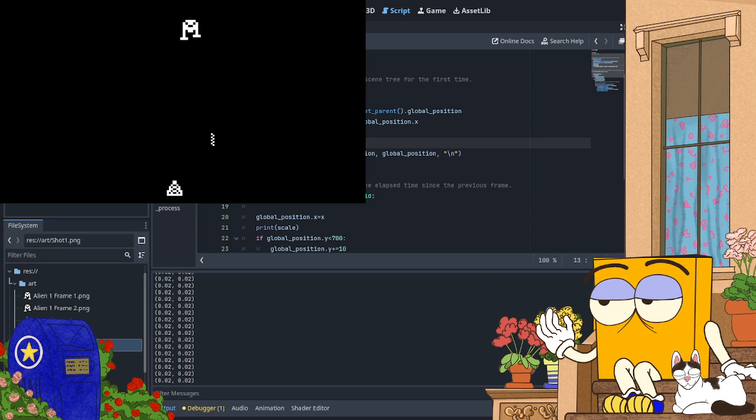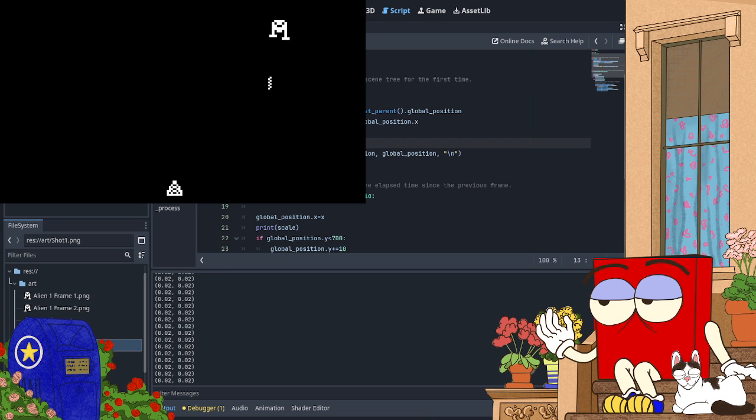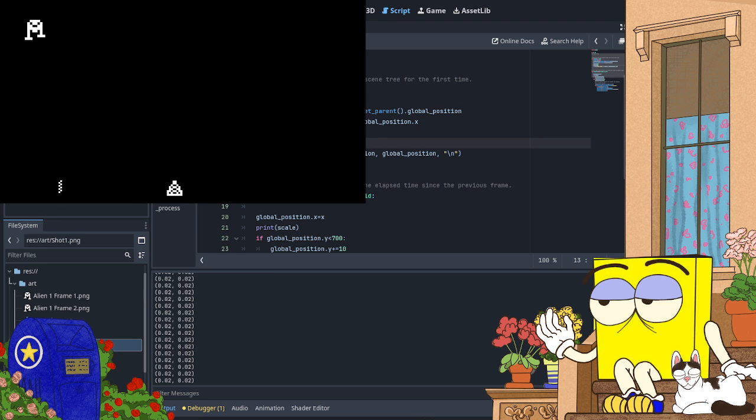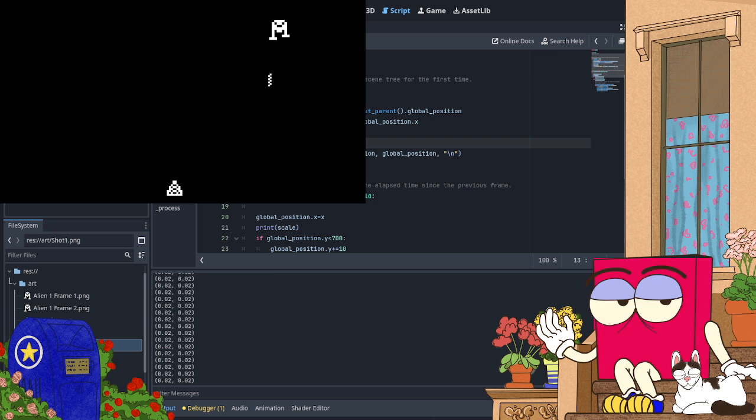You know, at least for a game made in the late 1970s. But more than what it's supposed to look like, I now know how firing a shot works in Godot. If it works in this game, then it'll work in, you know, any game.